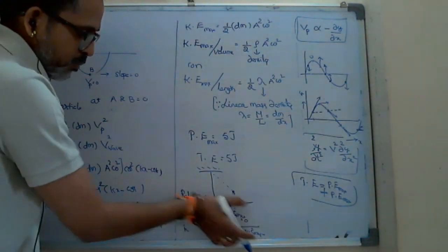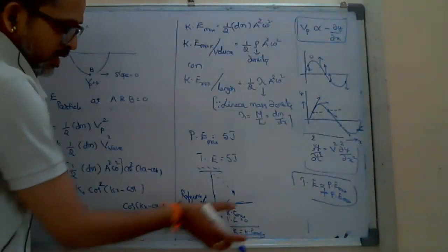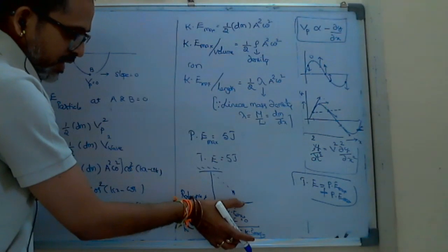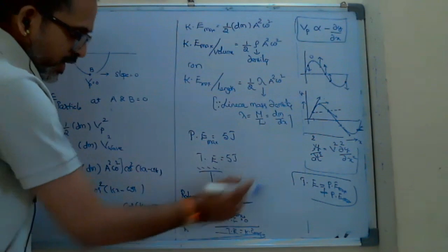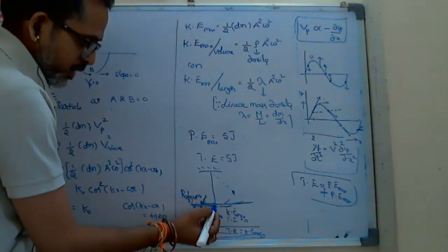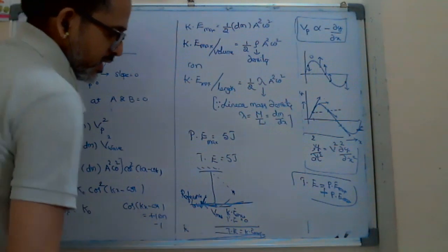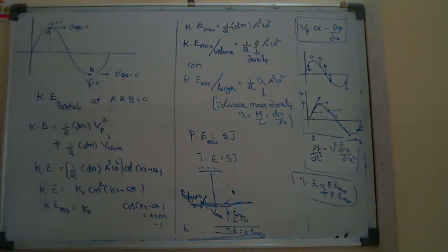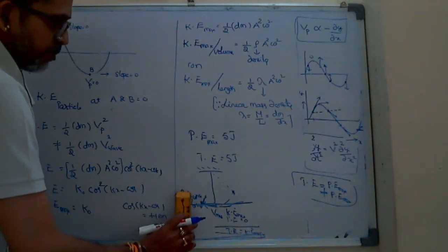At the extreme position and the mean position, even if you take the earth as the reference level, you will get that mgH at both positions. It is a common term. The extra thing you get here is that the potential energy is 0. That's why I can say the total energy is KE max. So if I calculate the kinetic energy and then KE max, I can equate that KE max to the total energy. That is the advantage.